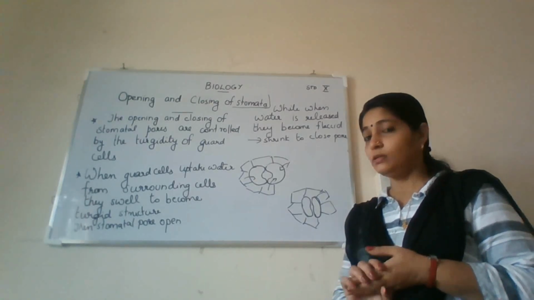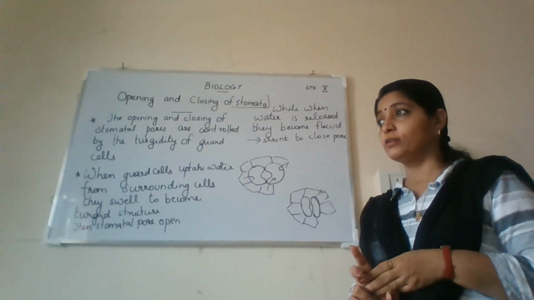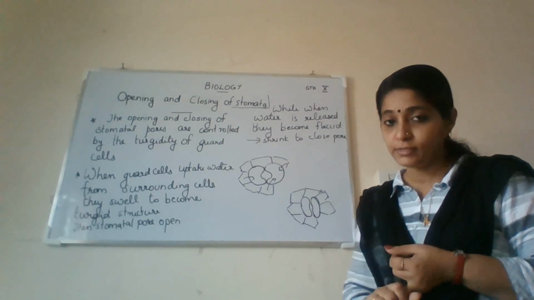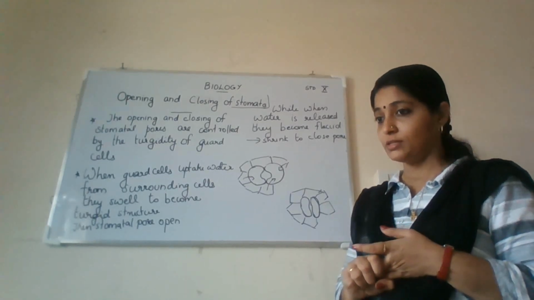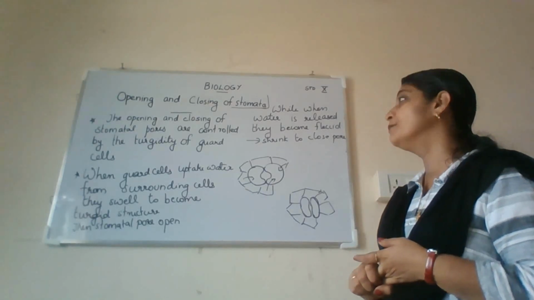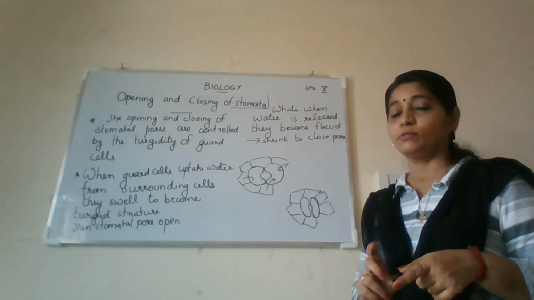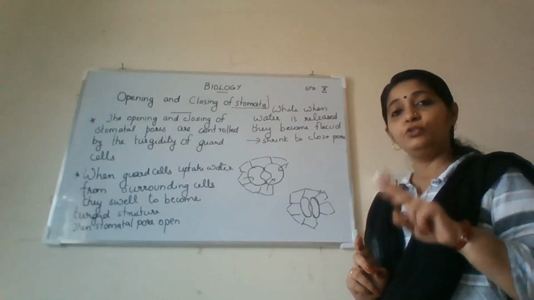So we have now learned about the different raw materials needed for photosynthesis. We said carbon dioxide is needed for photosynthesis, chlorophyll is essential for photosynthesis, sunlight, obviously, is essential for photosynthesis, and water is also needed for photosynthesis. There are two activities given in your textbook to show the importance or the necessity of two raw materials.